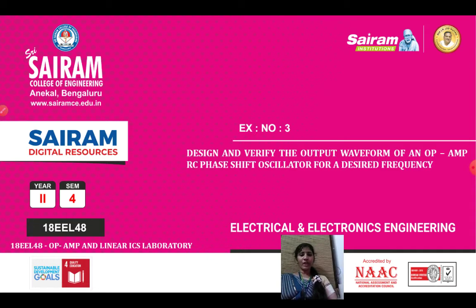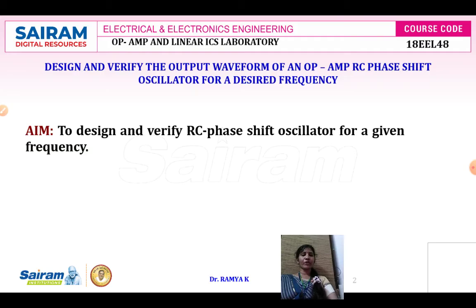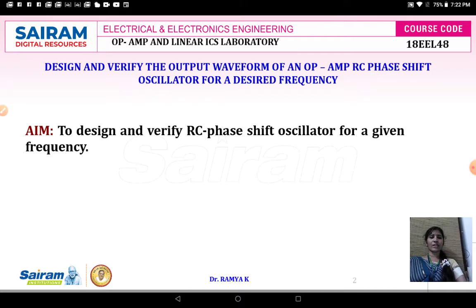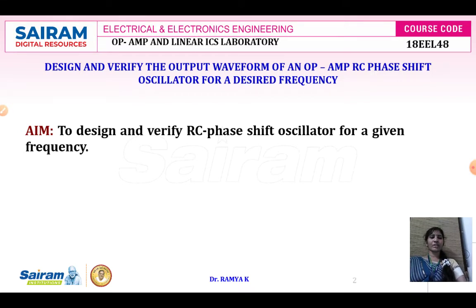Now, what is the use of the RC phase shift oscillator? We can generate the output waveform at the desired frequency. It is used in musical instruments, GPS units, and voice synthesis, so the application of this phase shift oscillator can be included in all these things. Now we'll go for the main aim of the experiment. The main aim of the experiment is to design an RC phase shift oscillator for the given frequency. So first we need to decide the frequency, at what range of frequency the output has to be generated.